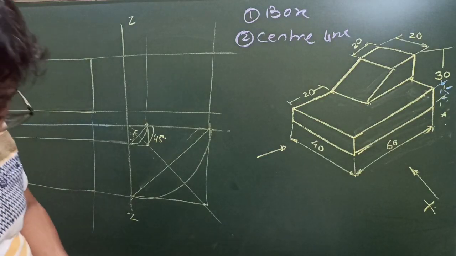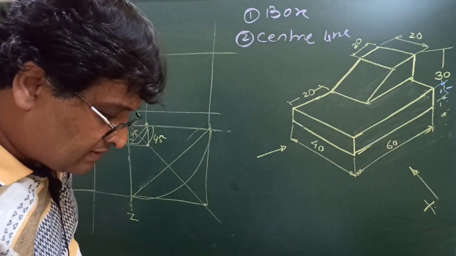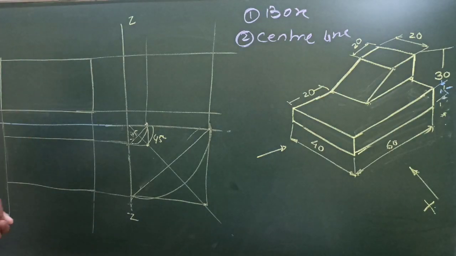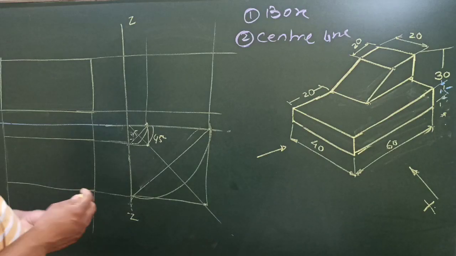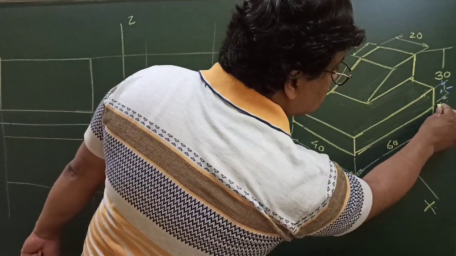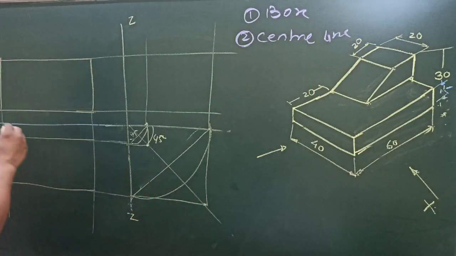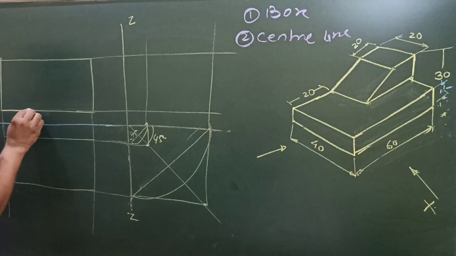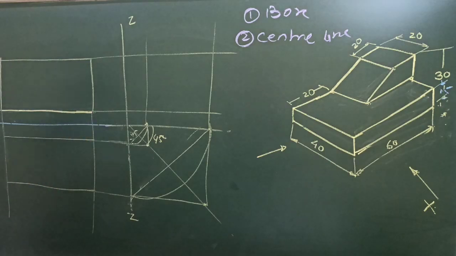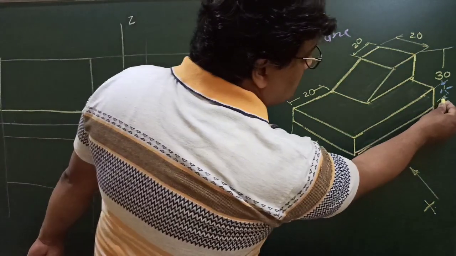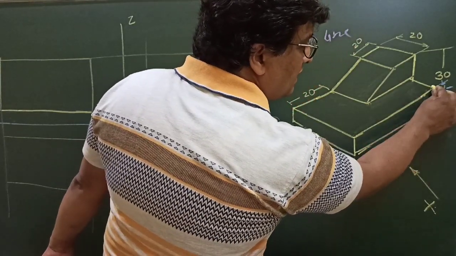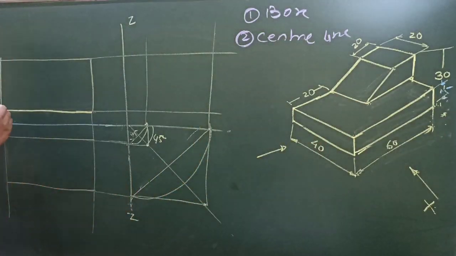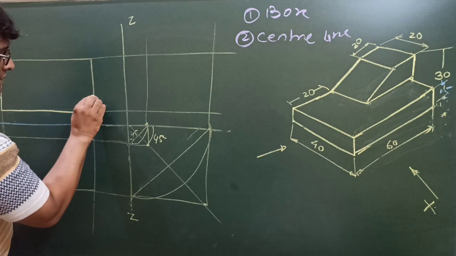Now what you need to do, you just have to cut in this box the respective distances, taking distances from this view. Say for example, for the front view, the bottommost line is 60 mm here. So this line may be darkened like this. So this is the bottommost line of the diagram. Now this height is 15 mm, so this is also 15 mm. So vertically draw the height here up to a distance of 15 mm. Say this is 15 mm and this is 15 mm.